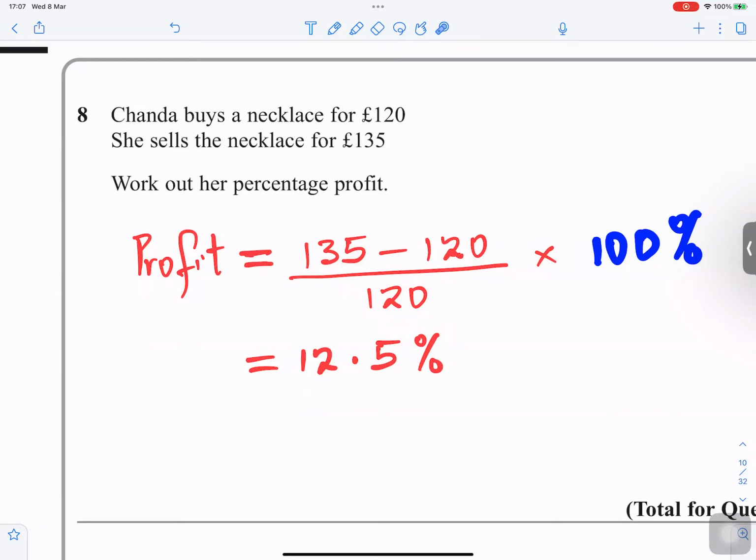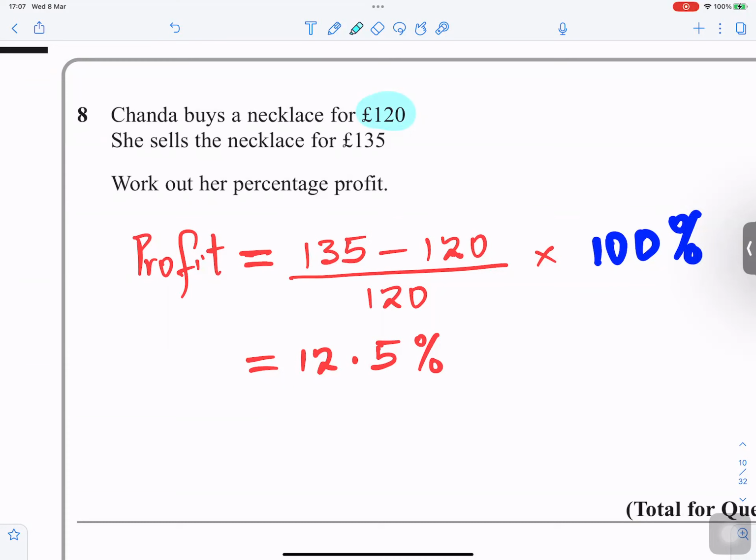Question number 8. Chanda buys a necklace for £120. She sells the necklace for £135. Work out her percentage profit. The profit is given by the difference divided by the original amount and times 100%. So 135 minus 120, divided by the original, which is 120, and times 100. That gives you